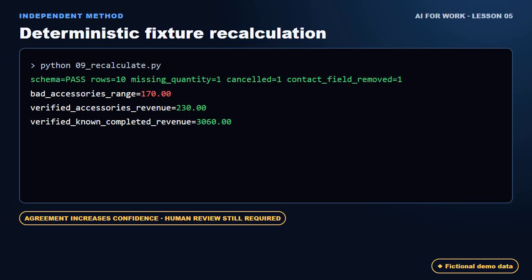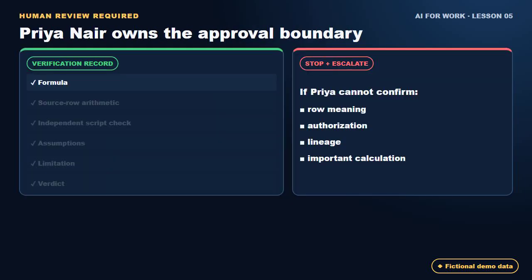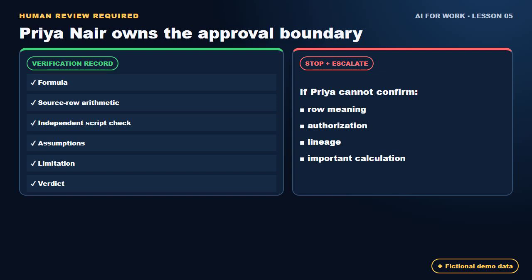Agreement between methods increases confidence, but it does not remove the need for human review. Pre-Inair is the named spreadsheet reviewer. Her verification record connects each approved number to the formula, source row arithmetic, independent check, assumptions, limitation, and verdict. If she cannot confirm the row meaning, authorization, lineage, or an important calculation, the workflow stops and escalates instead of